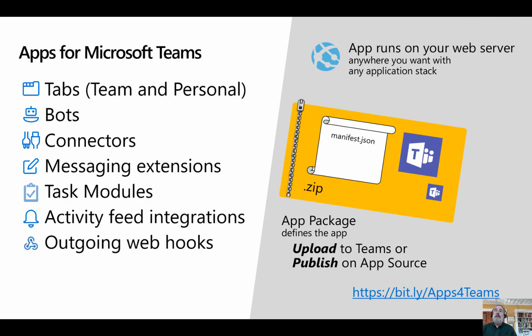The way I usually look at this is that if you have an existing web page, maybe you're an ISV and you already have a service out there in the world, then you're probably going to want to just use the model on the left. Host your web page, declare it inside the manifest. There are some things you have to do about authentication because you're running in an iframe. But by and large, you should be able to reuse almost all of your existing web assets inside of a